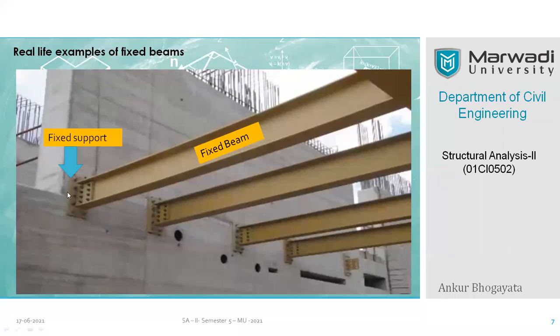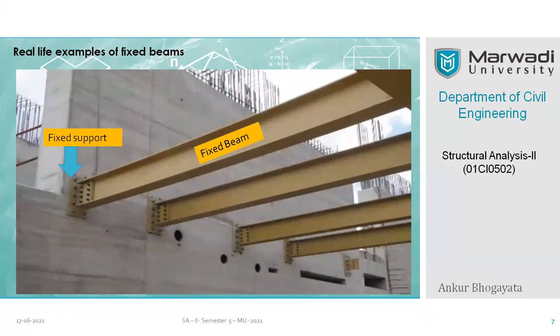When it is ending at a point, it is a support. When it is connected further, it is called a joint. So it may be a fixed joint also, or it may be a fixed support also. Support means the arrangement which is ending at a point and which is basically transferring the total force coming from the beam to the support itself. Right. Normally we have a wall, we have a column, we have similar arrangements where you can rest your beam on those members. So they become supports.